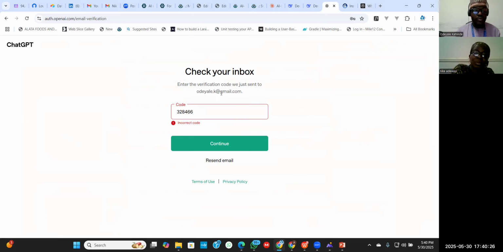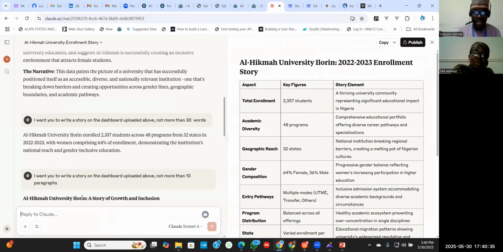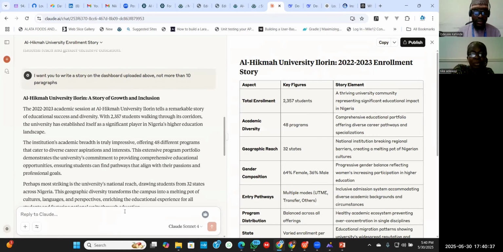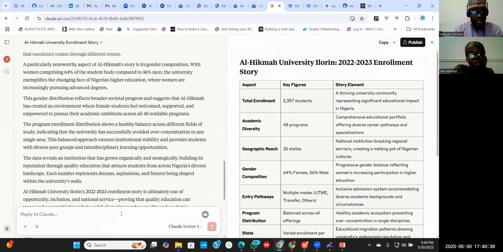So you can explore all these AI tools. Maybe to ask a question like, now, if I want to develop a note, let's say I want to develop a note on data analytics with Microsoft Excel.